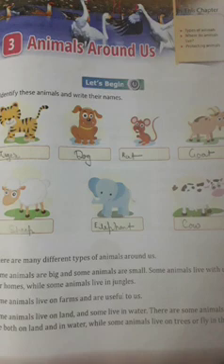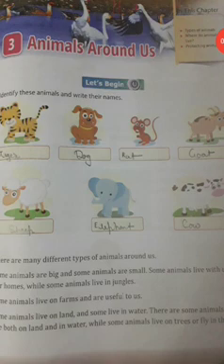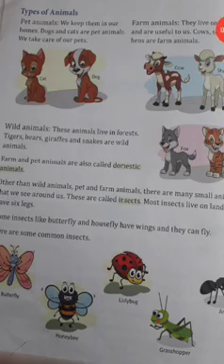Some animals live on the land, some live in the water, and some live both in water and land. And some animals live on the trees, or they can fly in the sky.